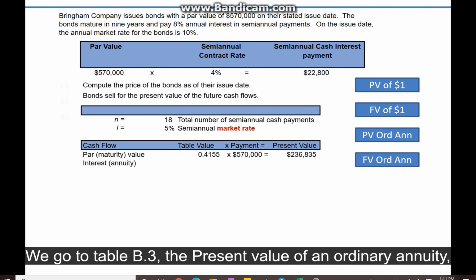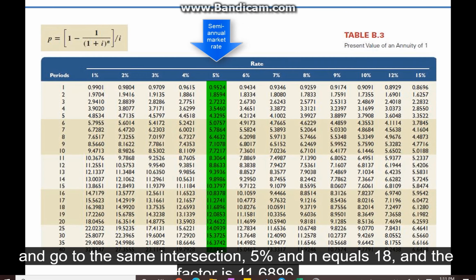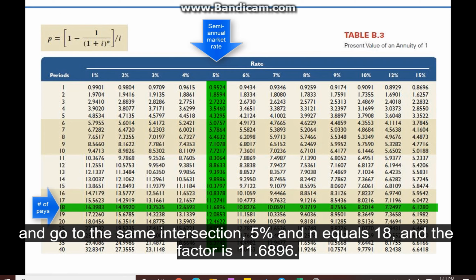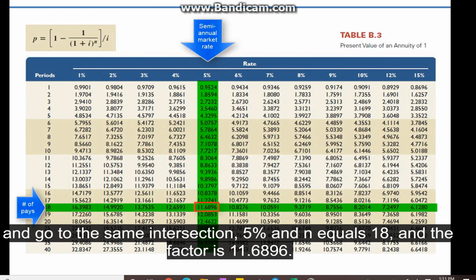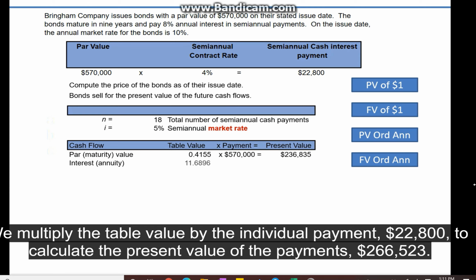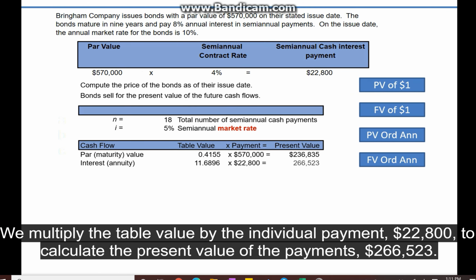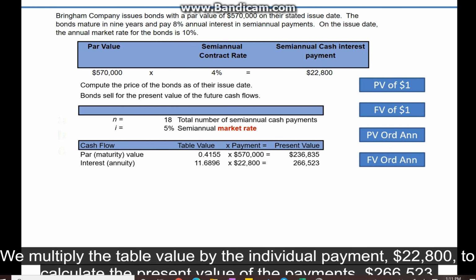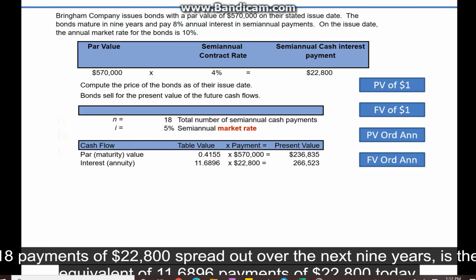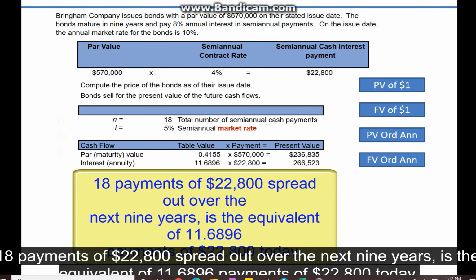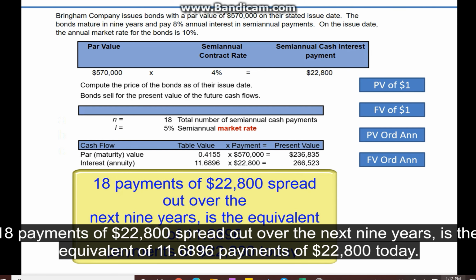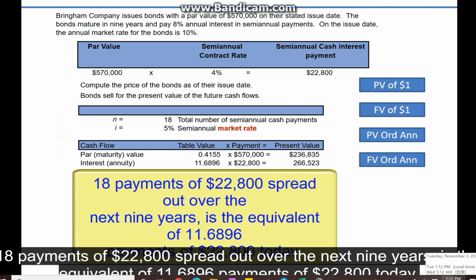We go to Table B3, the present value of an ordinary annuity, and go to the same intersection, 5% and n equals 18, and the factor is 11.6896. We multiply the table value by the semi-annual payment, $22,800, to calculate the present value of the payments, $266,523. 18 payments of $22,800 spread out over the next 9 years is the equivalent of 11.6896 payments of $22,800